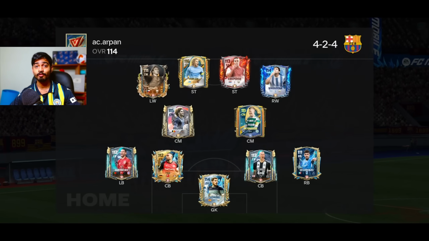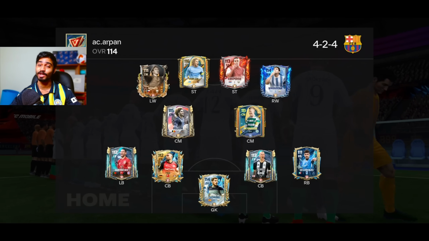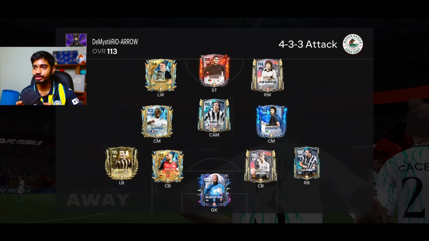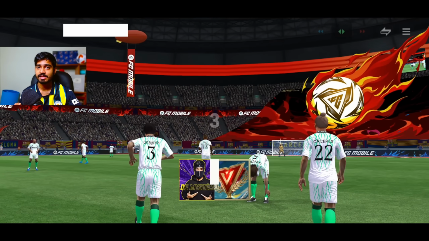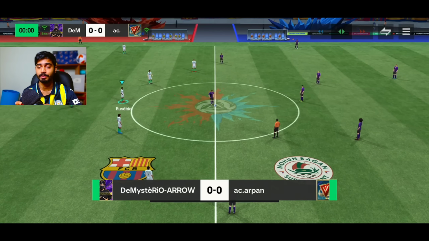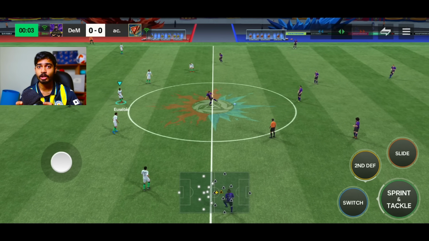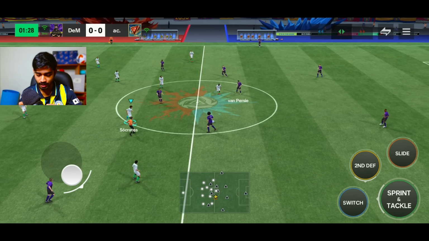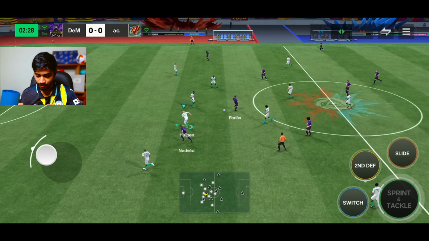A 4-0 win. Well, we are up against 4-4, guys. I'm gonna be destroying this formation. And that is my team, 4-3-3 attack. Which formation is better, guys? I think 4-3-3 attack is more attacking because we have that attacking midfield option that kind of supports the attackers, something that 4-4 does not have. But they do have manpower